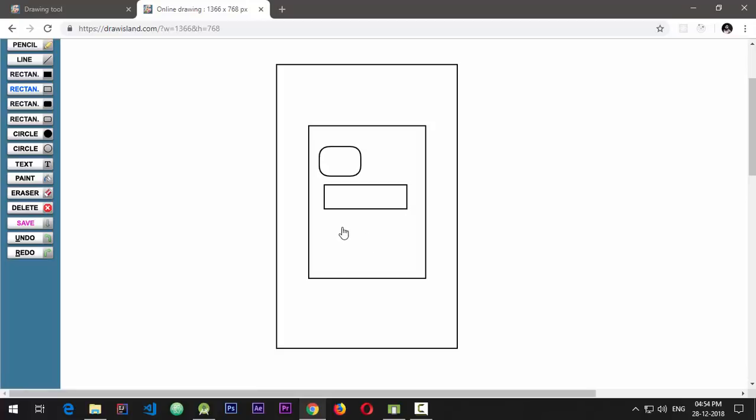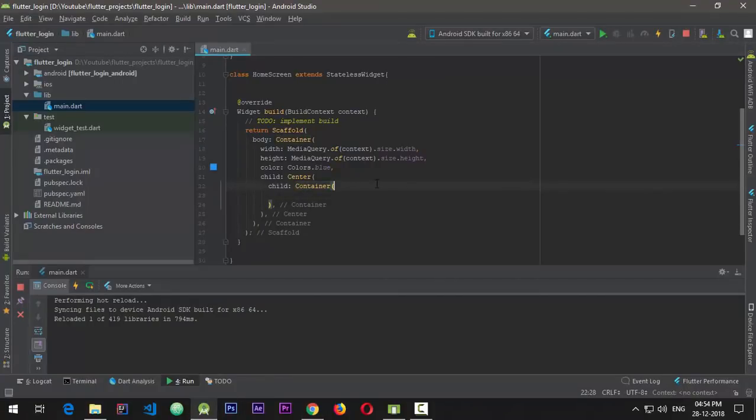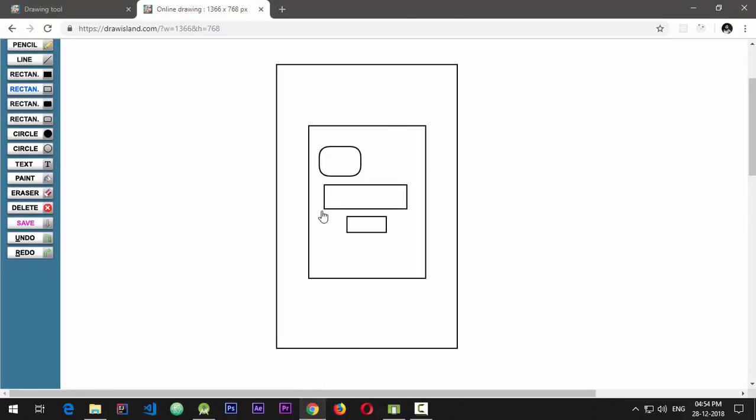The password field and the login button. Okay, so with this structure in mind, when I create the new container, I'll give it the width of 400, the height of 400, and a new child. So in this child object, as you can see, when we have created this sort of diagram of the layout, so as you can see, sorry, let me just erase this wrong type of input field, and I'll just create